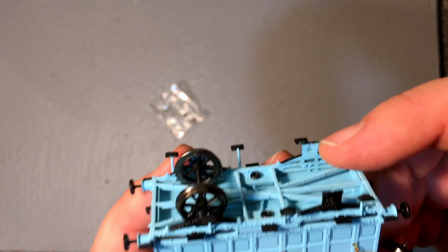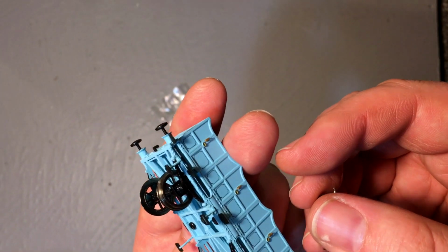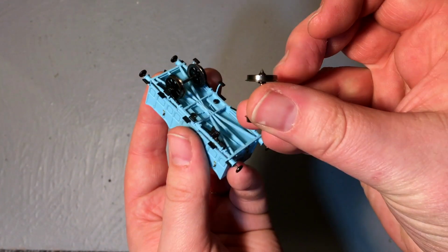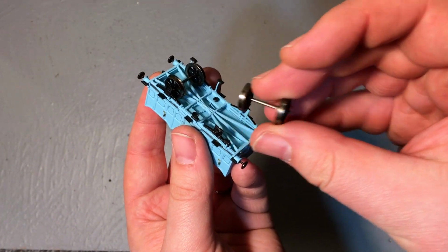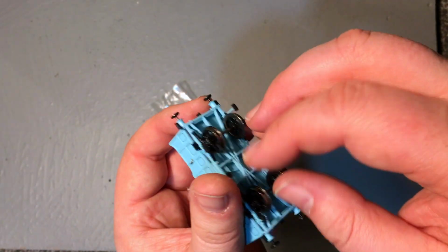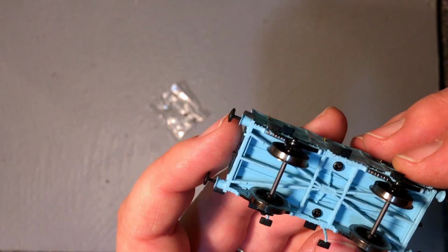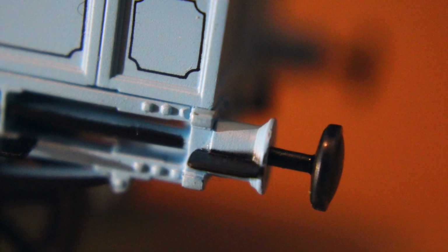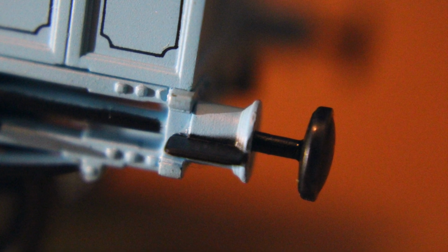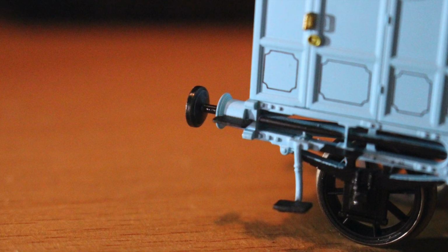One thing I would say is that they're straight into the plastic, so it may be the case that with a lot of running, which I suspect these aren't really something you would run and run and run, you may find you get a little bit of wear in there, but certainly a little bit of oil. And they are very, very free running, it has to be said. It's got the correct profile buffers too. They're not spring loaded, but they do look as per the prototypes at the